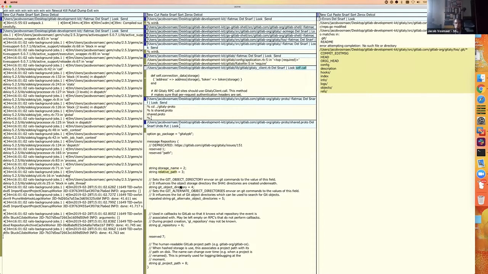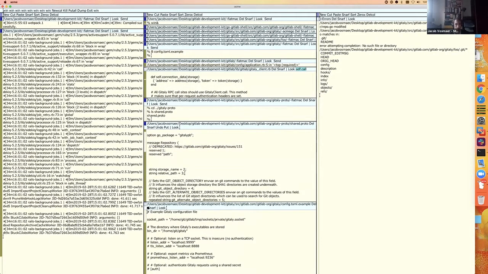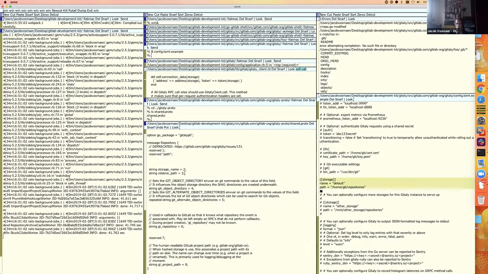And then there's the second field, relative path, which sounds a bit funny, but we used to have a full path there with an absolute path, which, in retrospect, makes no sense. So what relative path really means is, in your Gitaly config, let me pull up a Gitaly config file. Here's the example Gitaly config file. You will have something like this. So this is the definition of a storage. Say the storage name default would be served by this Gitaly server and would be at this path. Then every request that comes in says, well, I want to,